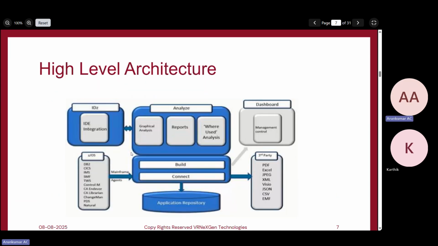So this is your high level architecture of your ADDA. Once you get your license for your ADDA, the first thing you need to do is